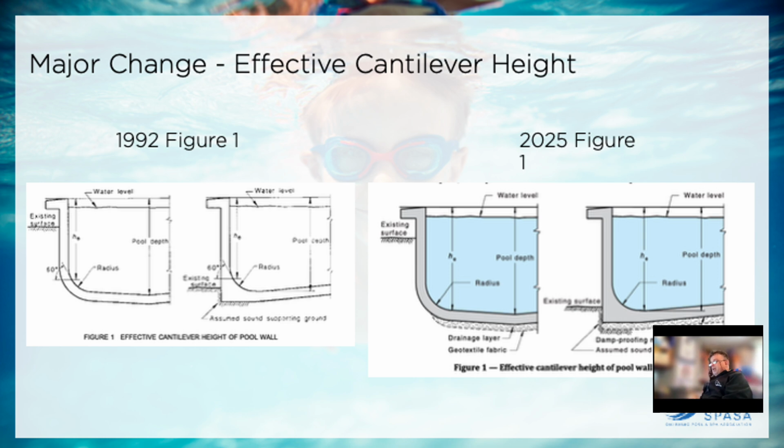This is a major change, because what's happened now is that the effective height is now pretty much the full height of the pool, and it doesn't take into consideration the fact that you have a radius. Now, personally, I didn't particularly agree with this, but this is the consensus of the pool code committee. What this will do, as you can see from the diagram, is it will mean the effective height shall be greater, and therefore the reinforcement that's going to be required will most likely increase, and that is due